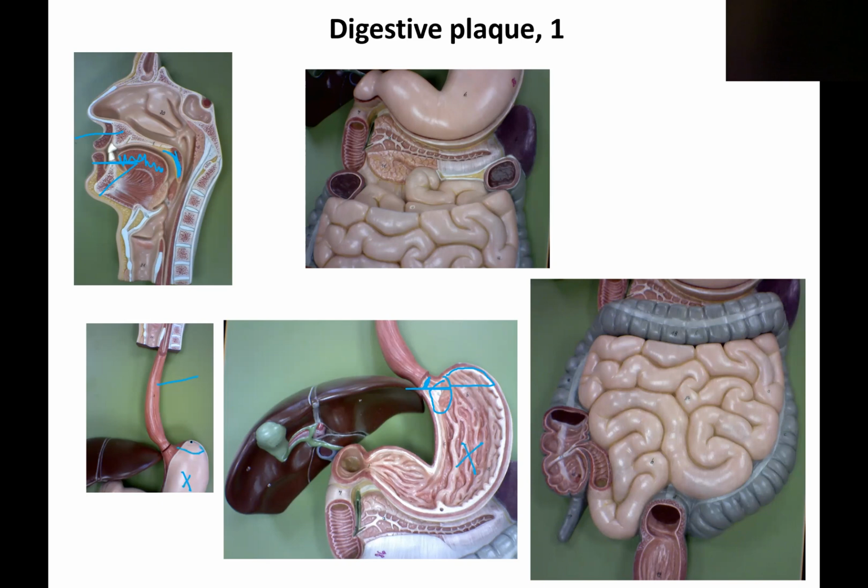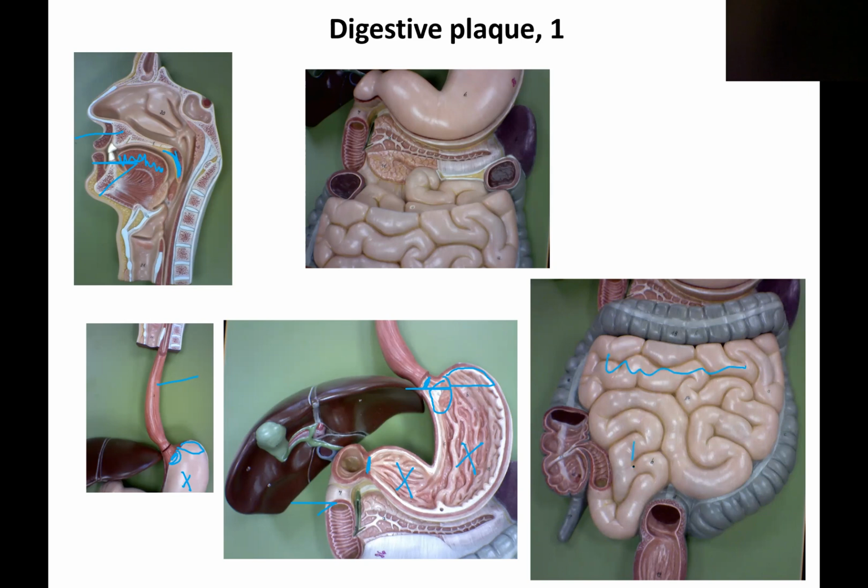You can see the fundus here, cardiac or forestomach, the pyloric stomach, pyloric sphincter, duodenum,